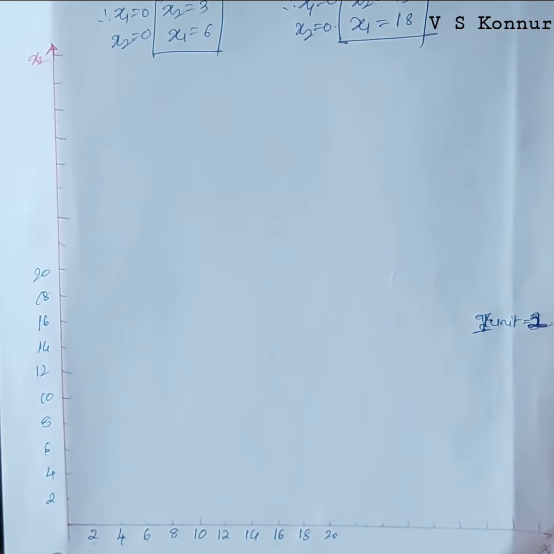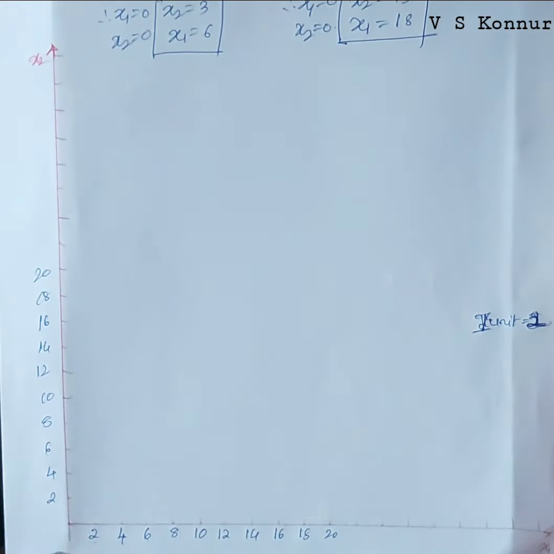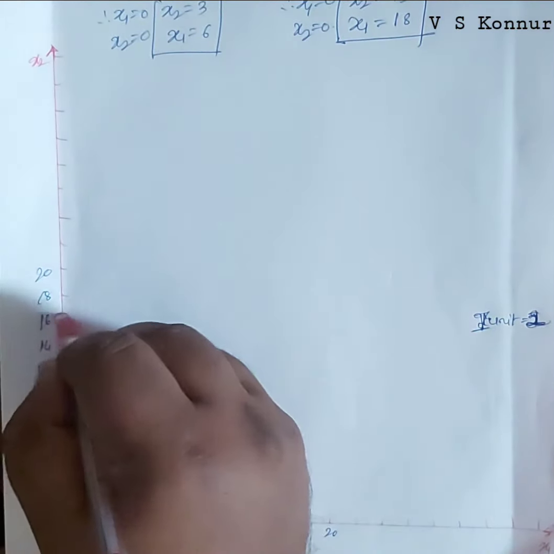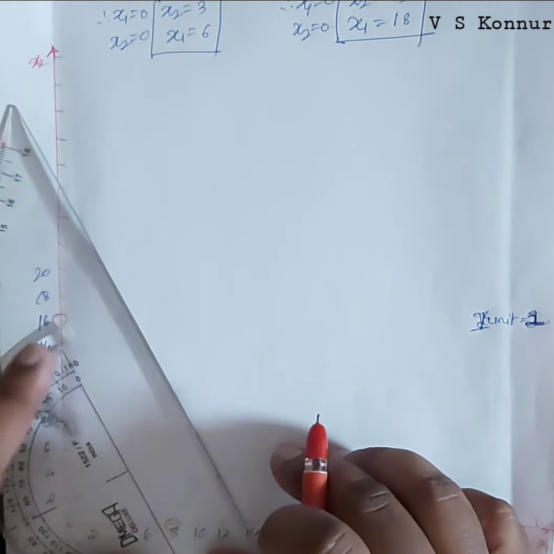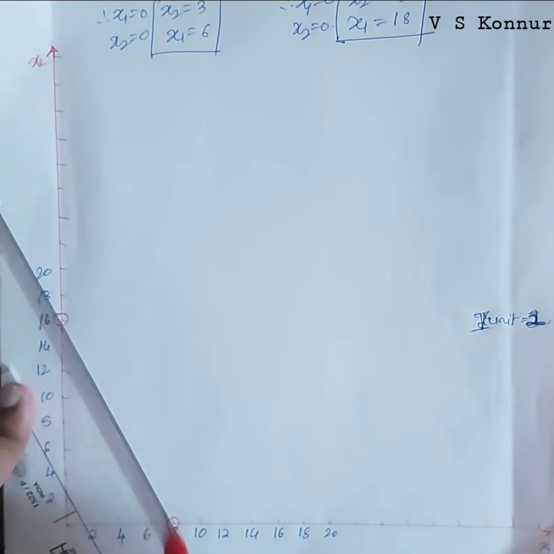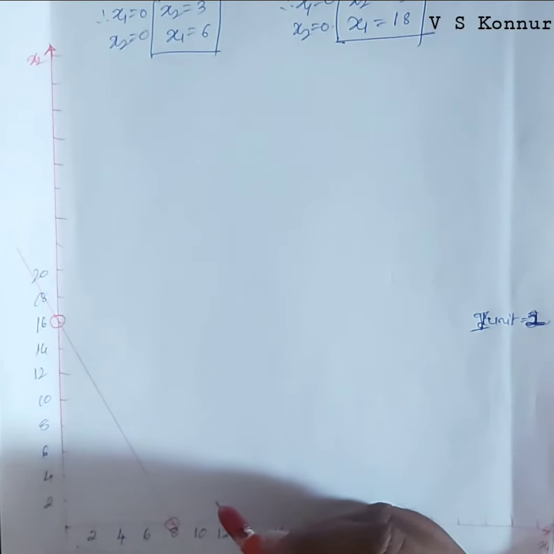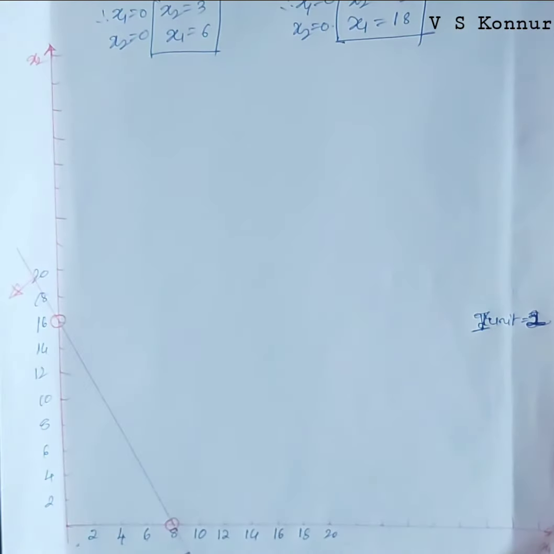First line is having x1 as 8, x2 as 60. This is the first line. You can check, drawing the graph, you will get exact answers. So we'll draw a line here and check the less than equal to sign is there. So the arrow mark will be near to the origin.